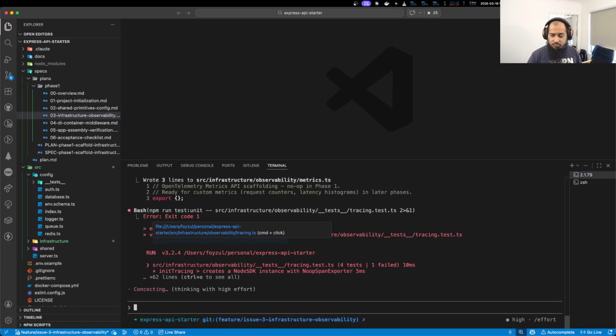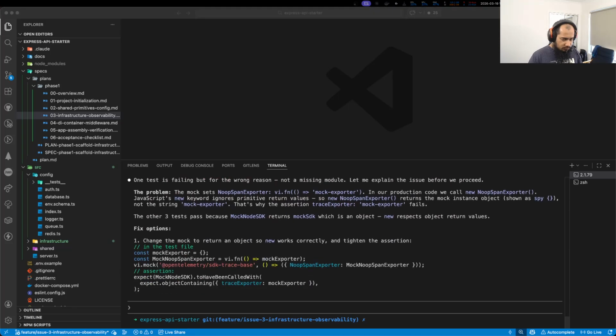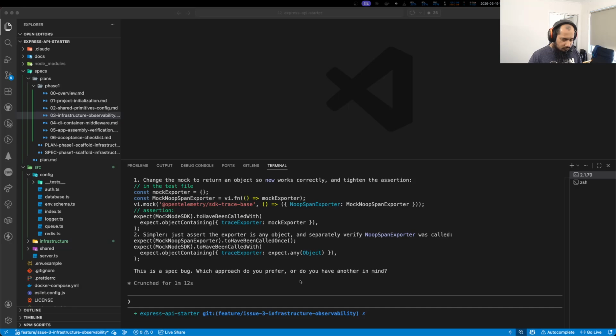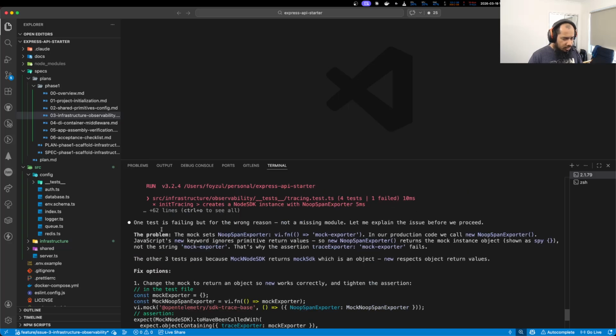I'll ask it to do a refactor now. Let's see if it can do it. This is a spec bug. Interesting. What spec bug? One is failing for the wrong reason, not a missing module.